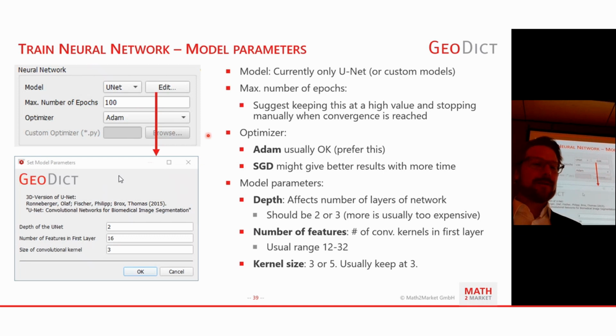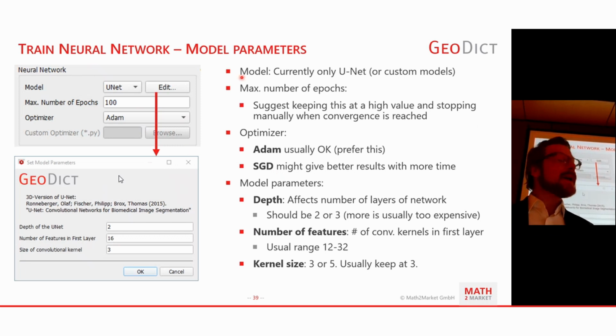For the optimizer, we have two options. We have ADAM and SGD, stochastic gradient descent. ADAM is, I think, by far the most popular production optimizer being used right now. In some research papers, you will see SGD, which can have another 1 or 2% of performance in the end, but I believe at the cost of a larger number of iterations. So I believe for 99% of usages, you would just leave this at ADAM. And down here, you can also load a custom optimizer, which I believe was never actually used by anyone. But if you require this feature and you want to know how to do this, just let us know.